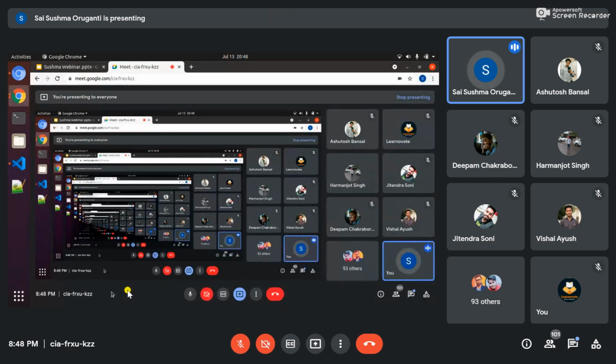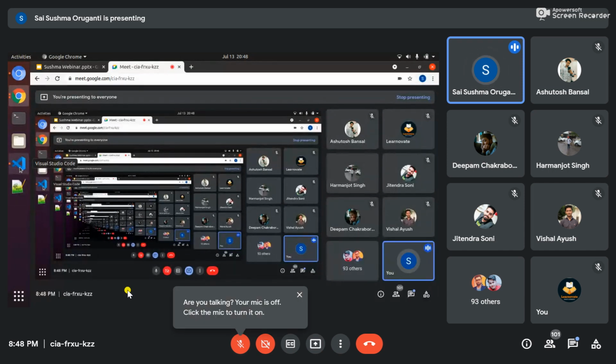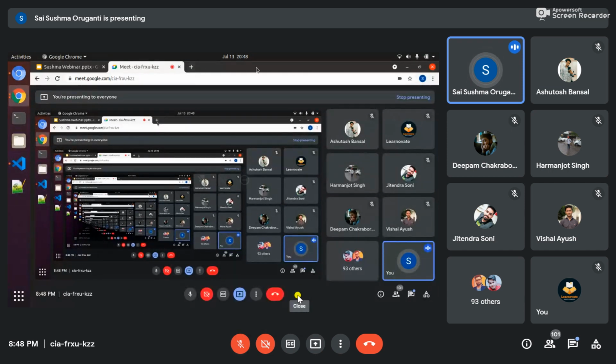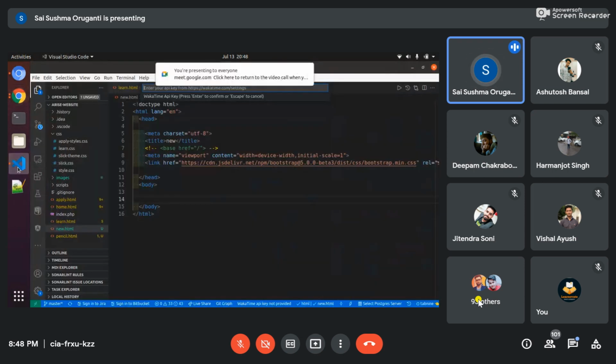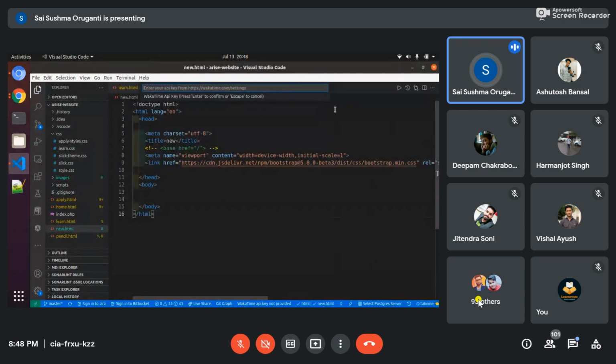So I will explain you the code now so that it will be clear. Okay. So I'm using Visual Studio for this. Visual Studio, you can just directly search in Google Visual Studio Code. You can directly install the Visual Studio and you can write your code here. I will share you the links if you want. See, this is the Visual Studio. It looks like this.